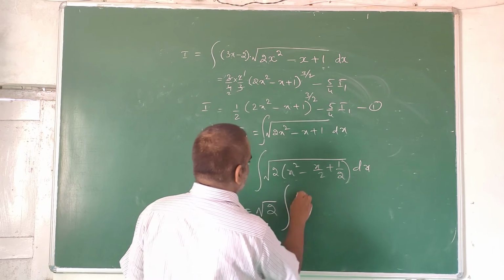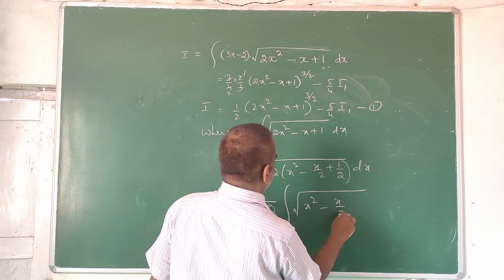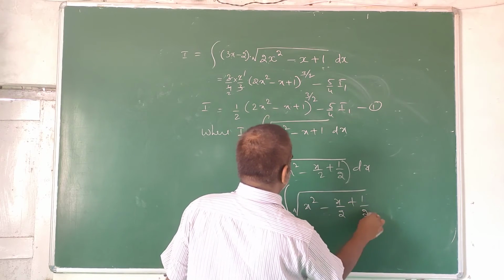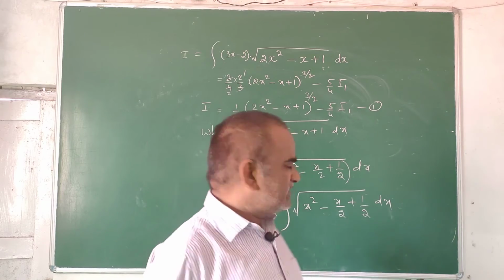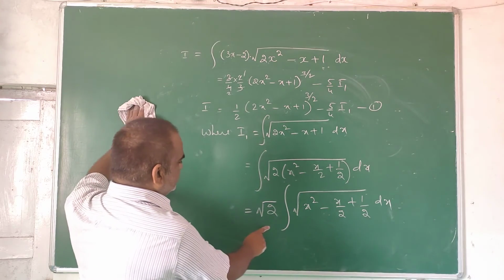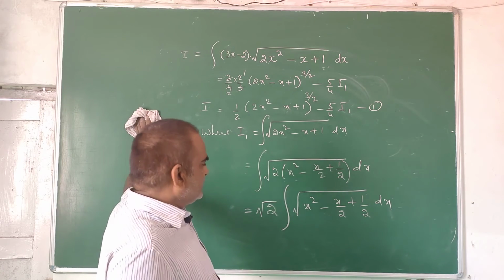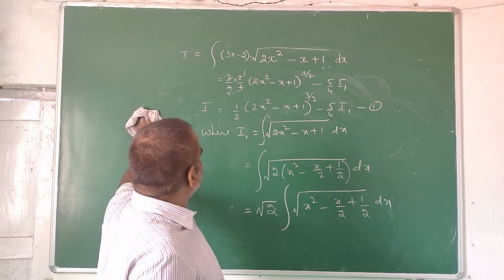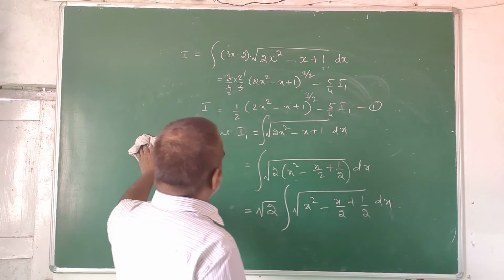Integral root over x square minus x by 2 plus 1 by 2 dx. Right? So now see, you should not forget taking this root 2 continuously. You have to write it till the problem ends or is simplified better. So now